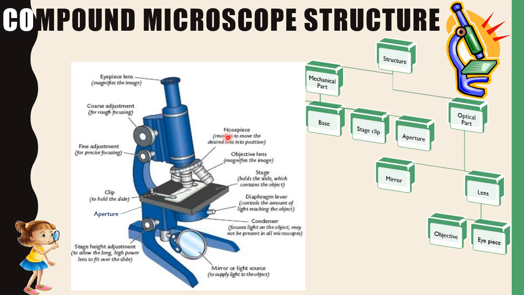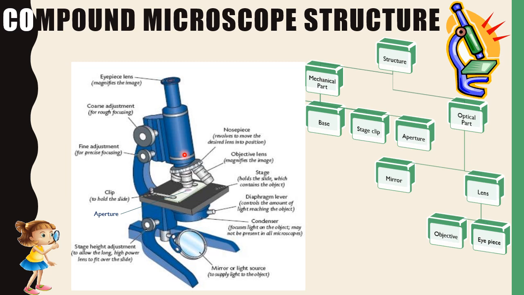Here comes the nose piece. See, these three projections that you see here are the objective lenses, and they are held by another ring-like structure made of metal, which is called the nose piece. What does it do? It holds the objective lenses and attaches them to the head of the microscope. We can rotate this nose piece according to the requirement. That means according to the magnifying power of the objective, we can rotate the nose piece, which is attached to the head of the microscope.